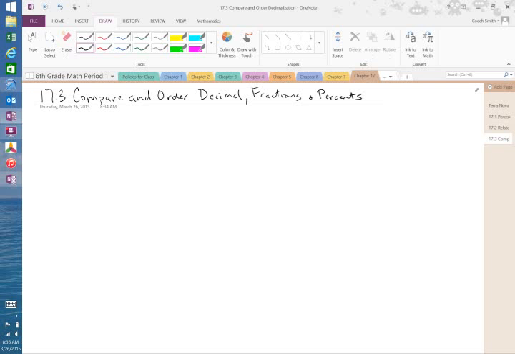So, for example, let's say I had 0.3%. Now 0.3%, we're going to write it in, the directions tell us to write it in two different forms. Well, the only other forms to write it in are fraction and decimal form. The easiest way to do this is to first change it to a decimal. So its decimal form,